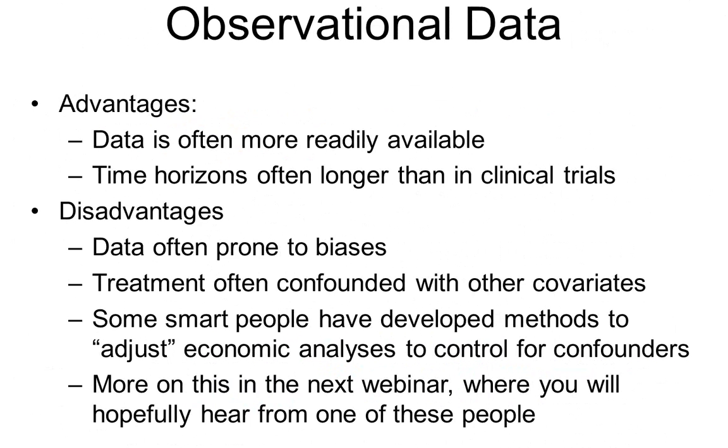We could have observational data. That data is often more readily available and often has longer time horizons than the clinical trials. But the data, of course, are prone to biases. The treatment is often confounded with other covariates. And some very smart people have developed methods to adjust the economic analyses to try and control for some of